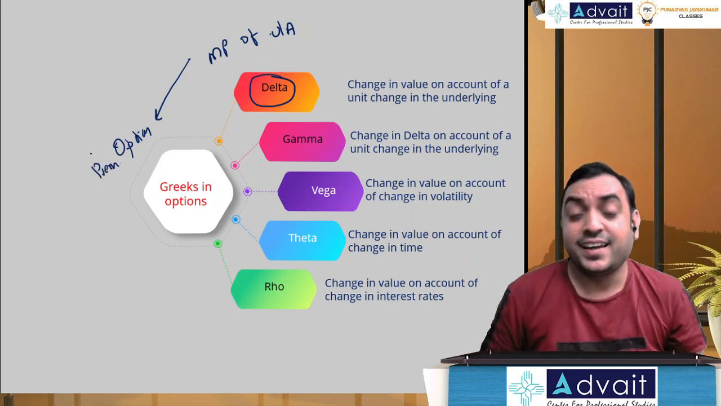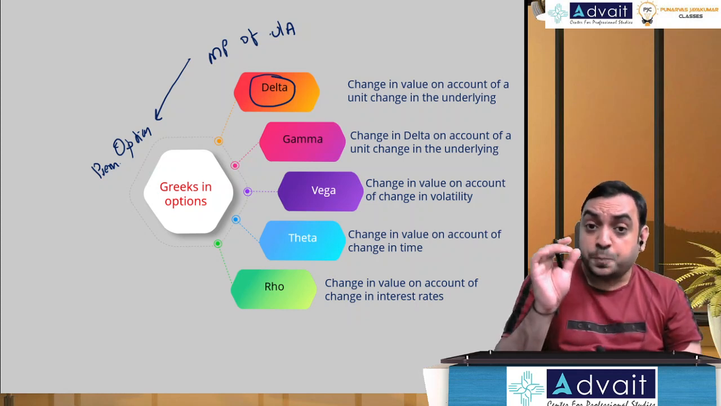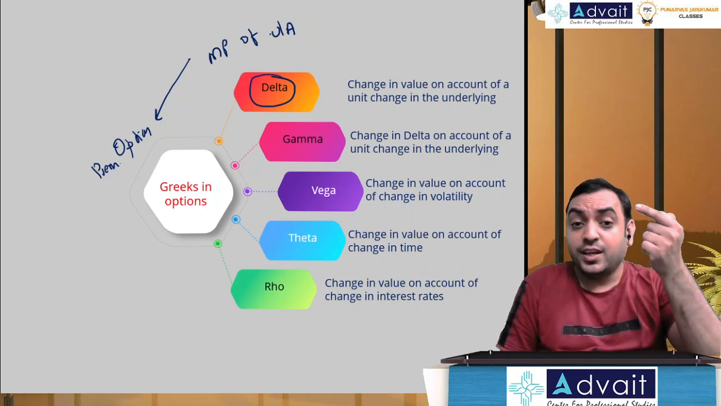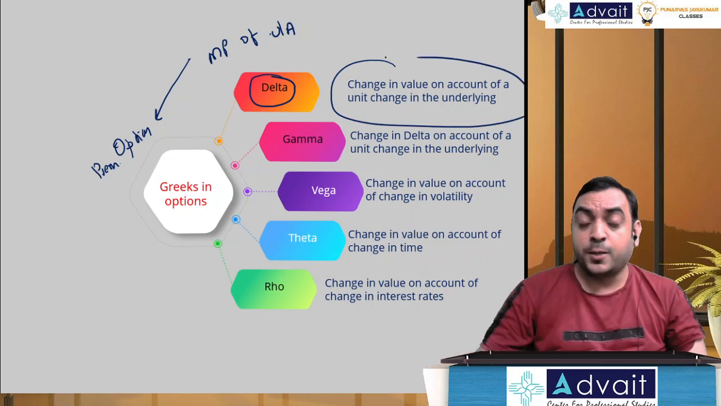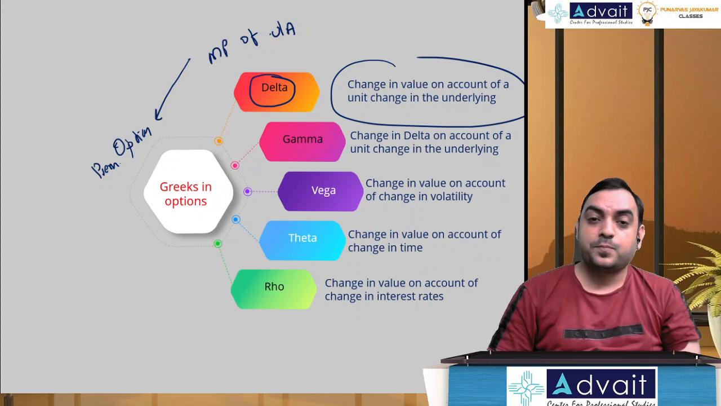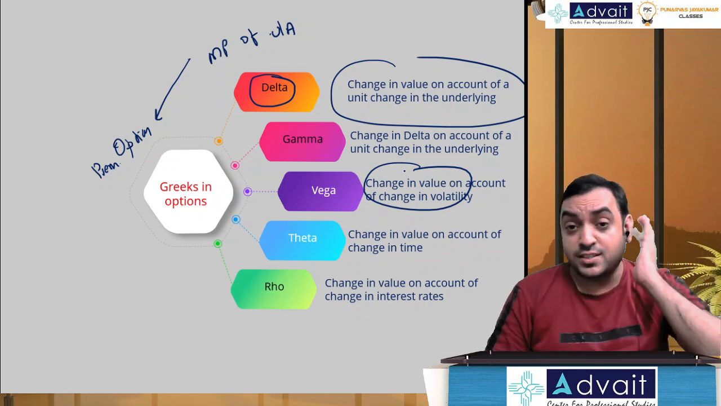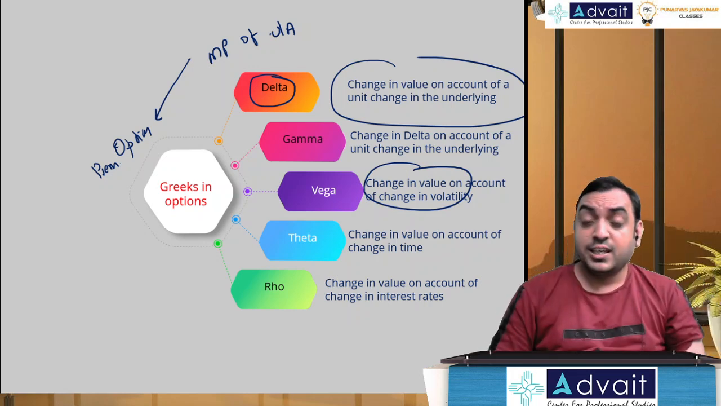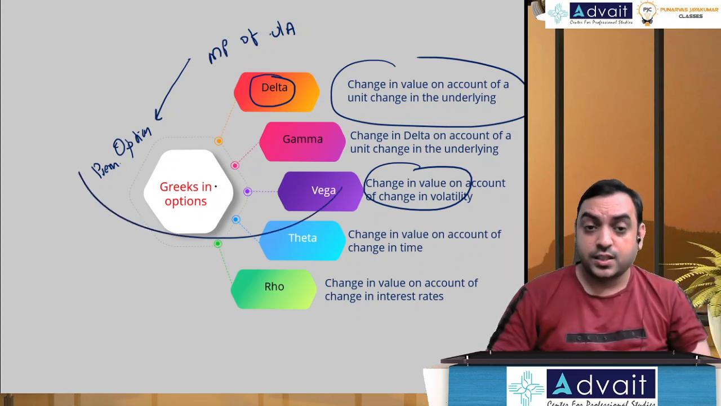We already calculated the delta value formula also. C1 minus C2 by S1 minus S2, right? If the spot price changes by 1 rupee, how much will the option premium change on account of the change in the underlying asset? That's called delta. Now, if volatility changes, if standard deviation changes, if risk changes by 1 unit, how much will the option premium change? That is called